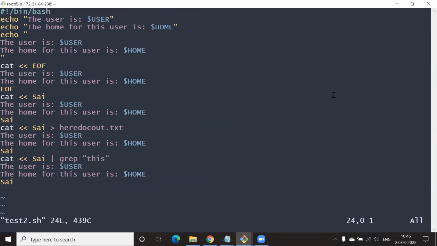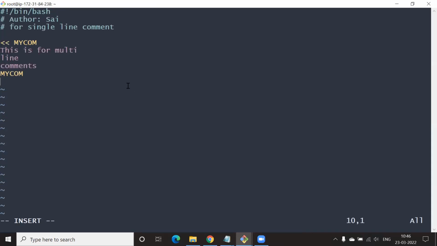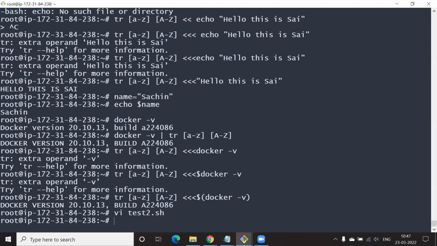You can delete all the lines just to keep it simple. Open it and run it. Cat it and run it.